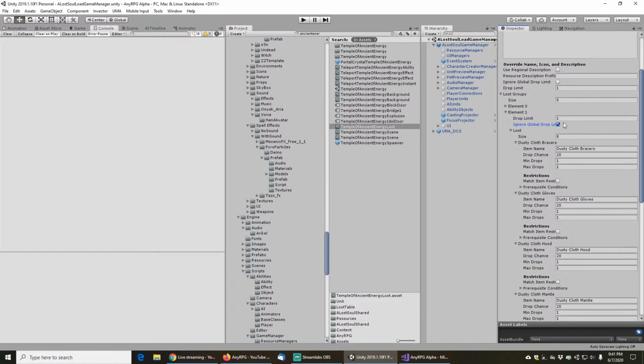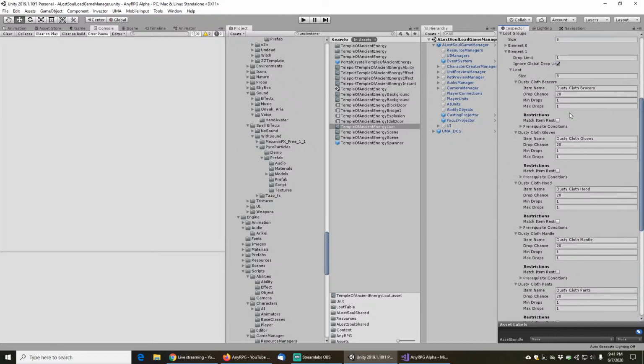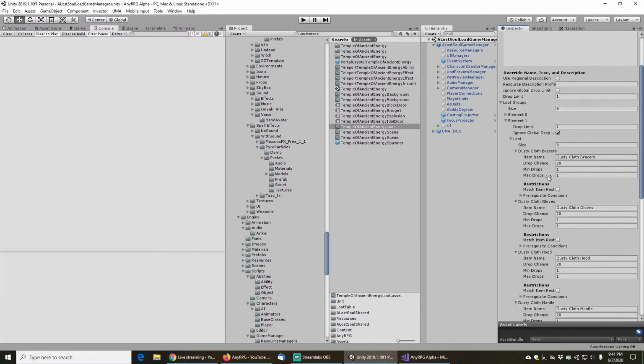And if we get one, then we've hit our drop limit and we're done, right? But what that means is that there's a very rare chance that you'll ever get the shoes, unless the shoes are a unique item, because chances are you've probably already gotten an item by the time you get halfway down that list. So to fix that up, what I want to do is basically add a new